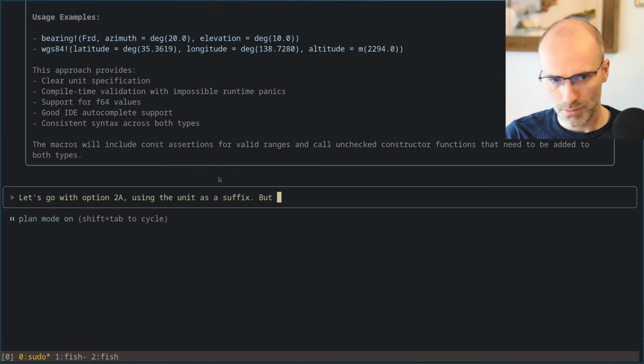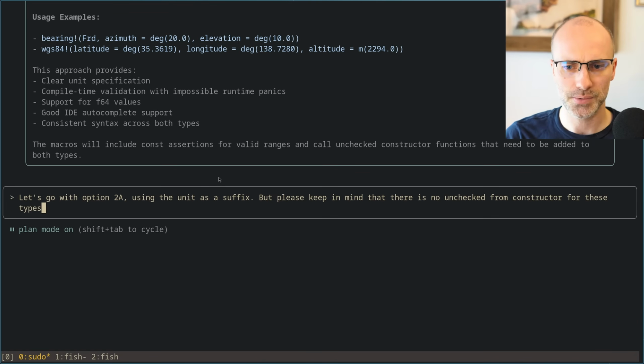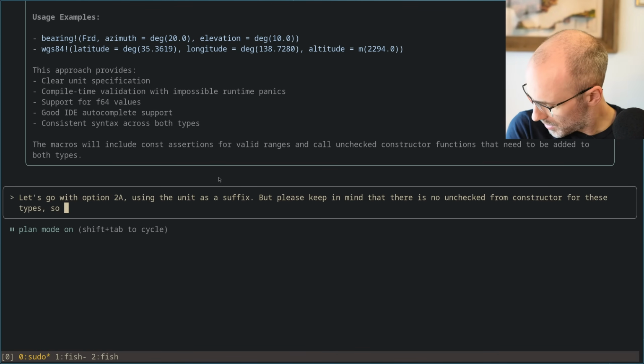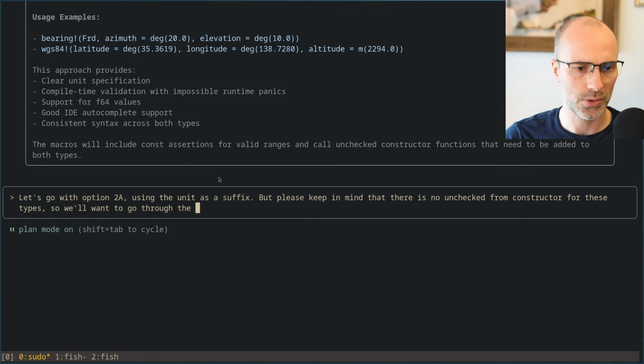But please keep in mind that there is no unchecked from constructor for these types, so we'll want to go through the builder internally in the macro.